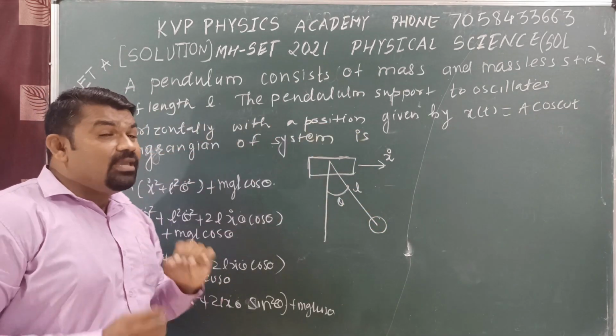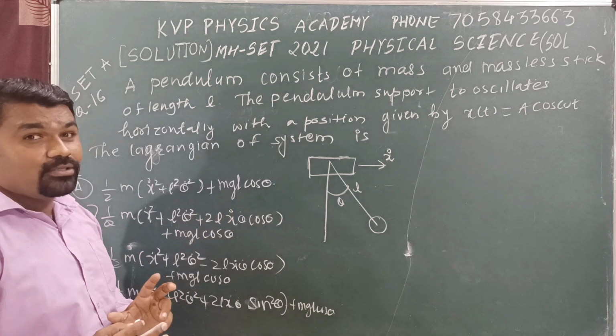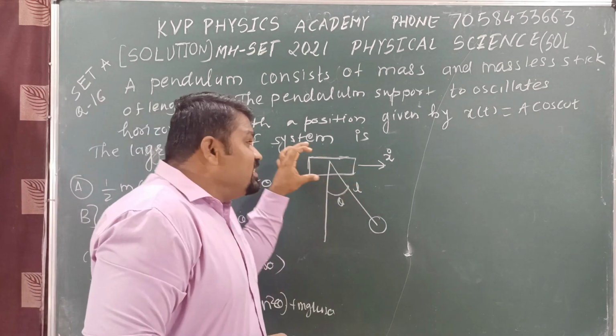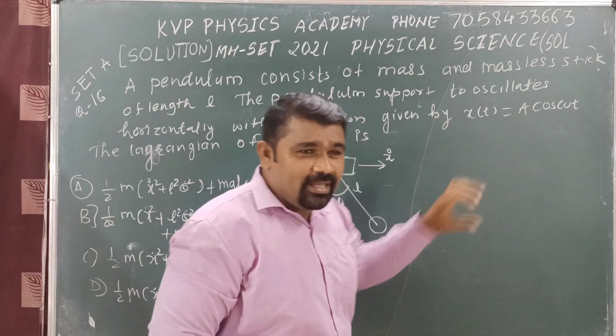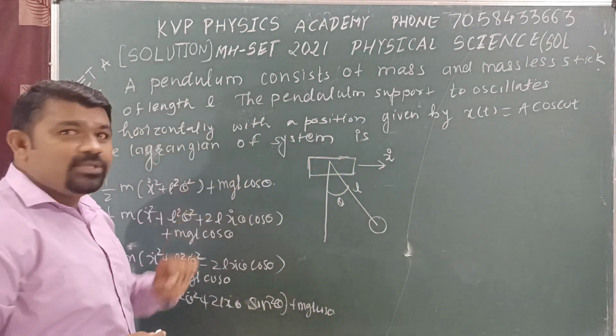horizontally, at a position given by x of t equals a cos omega t. Here x of t means the support is in motion. The support is in motion. The Lagrangian of the system is